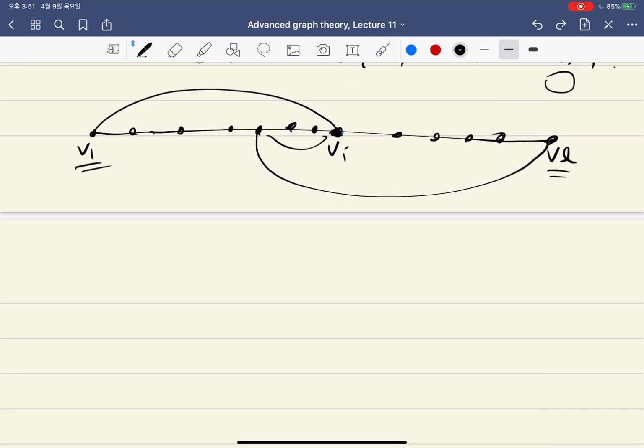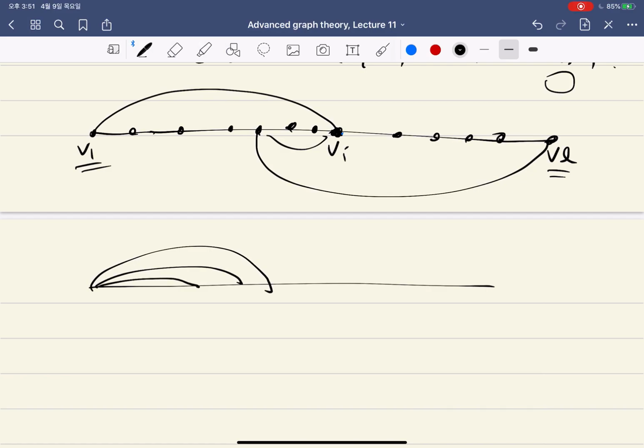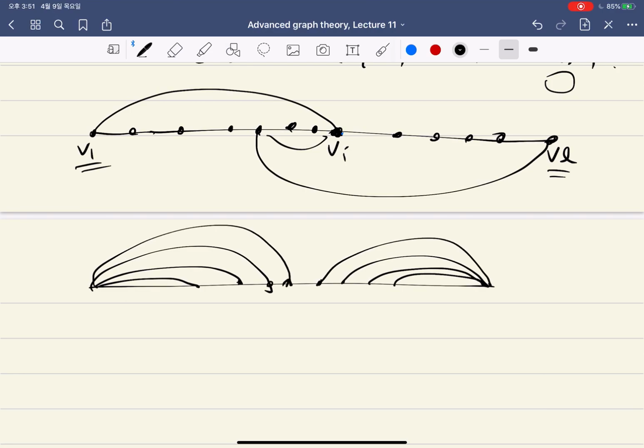Once we avoid that, our situation mostly looks like this. We have neighbors of P1 and neighbors of PL mostly disjoint, and neighbors of P1 are mostly on the left and neighbors of PL are mostly on the right. But even in that case, because of the two connectivity, this left part and right part cannot be totally separated. Then if we find some path here using the vertices outside,